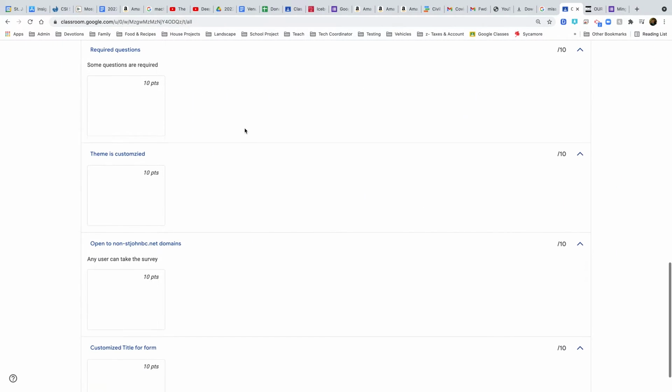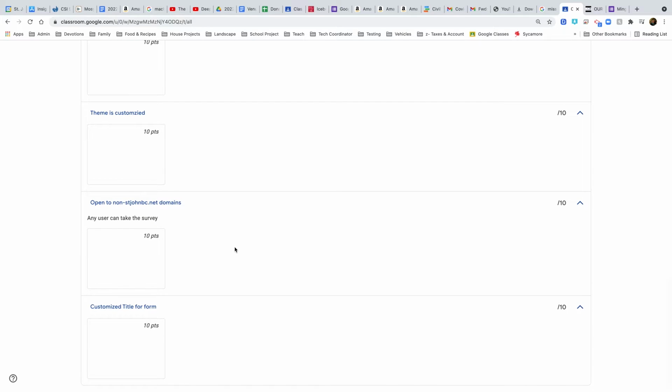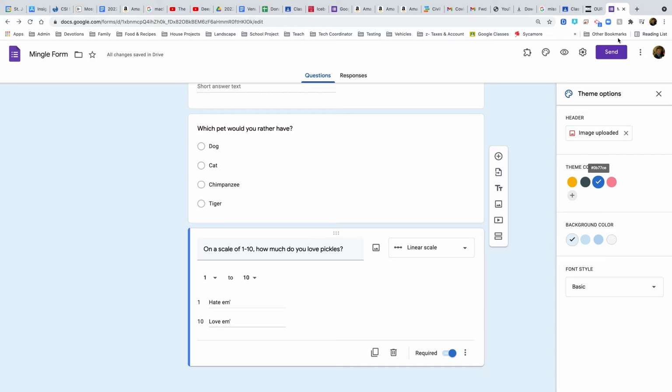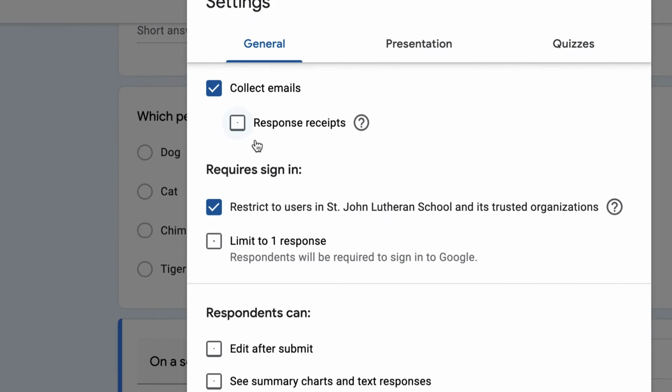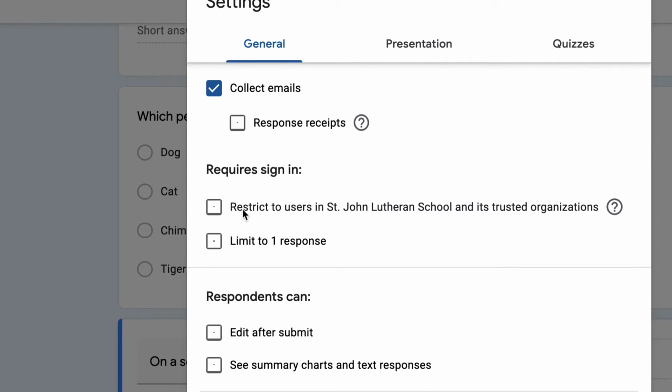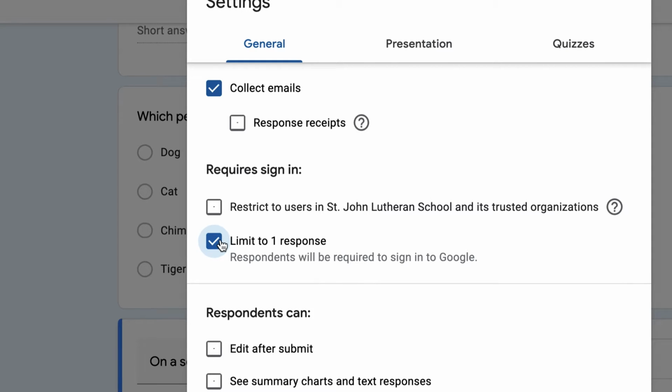And almost done. Open to non-stjohnbc.net domains. Customize title for the form. So the only thing I have left is open to non-stjohnbc.net. And that's here also. So the gear icon requires sign in. Right now it's restricted to St. John users. The benefit to that is you don't have spam and stuff like that, but more than likely you'll be fine. If you want to limit it to one response so you don't have tons of people responding,